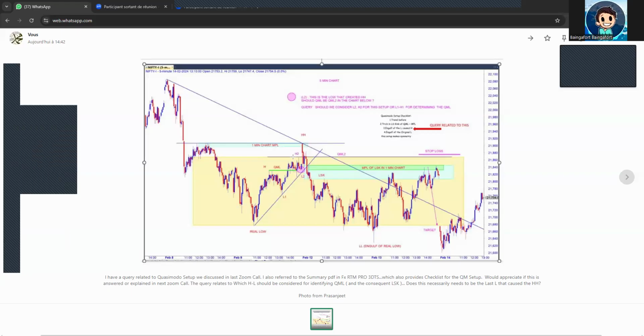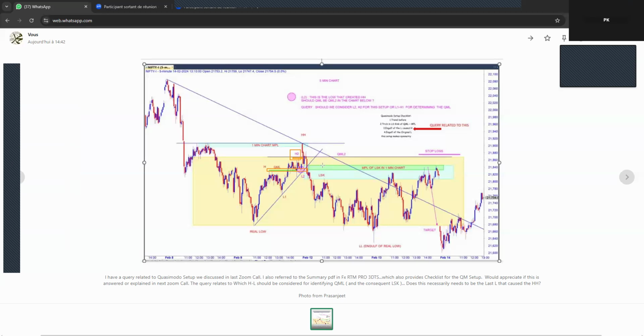Okay, you can see this one from this one. Can we consider this one as a Quasimodo level here, this high here? Maybe yes. Maybe we can say higher high, lower low, but the king will be here. We can see there are too many Quasimodo levels here, but this one, if this one succeeds, I am not